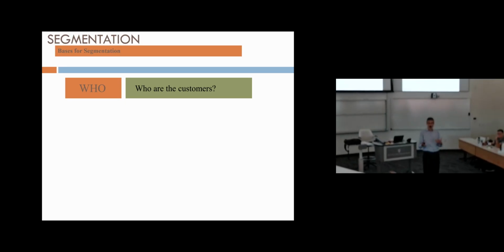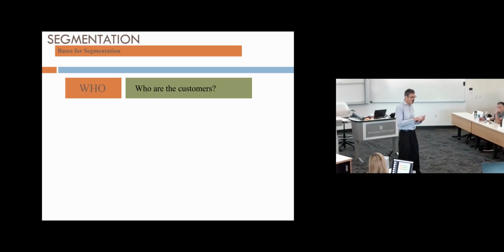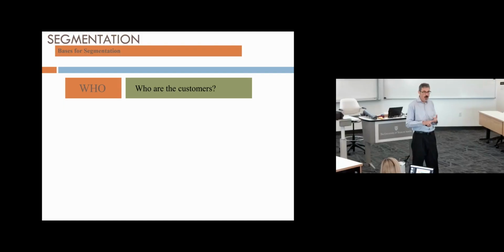So maybe we could look at whether they tend to be more rural or more urban, or we could simply say it's people in the United States versus people in Europe. And that might be important to us as we start to think about how we're going to grow our business. Where is there a target market that's large enough that it's worth going after, that we have the ability to go after,